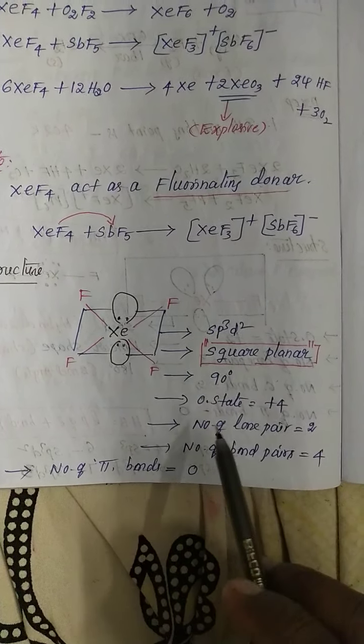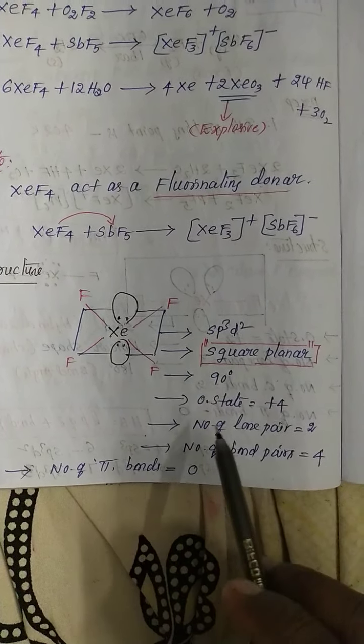The next xenon compound is the last compound from the xenon fluorides, xenon hexafluoride. See here, xenon preparation. Xenon reacted with 3 moles of fluorine at the optimum condition of 573 kelvins temperature, 60 to 70 bar pressure, 1 to 20 ratio. Xenon and fluorine in 1 to 20 ratio, xenon hexafluoride is formed. The melting point of xenon hexafluoride is 322.6 kelvins.